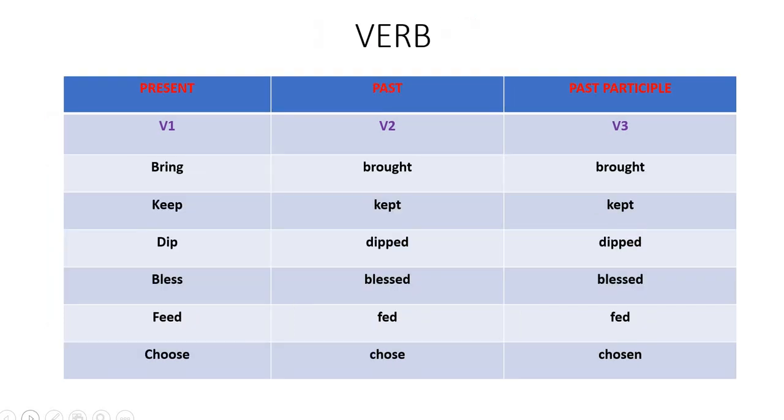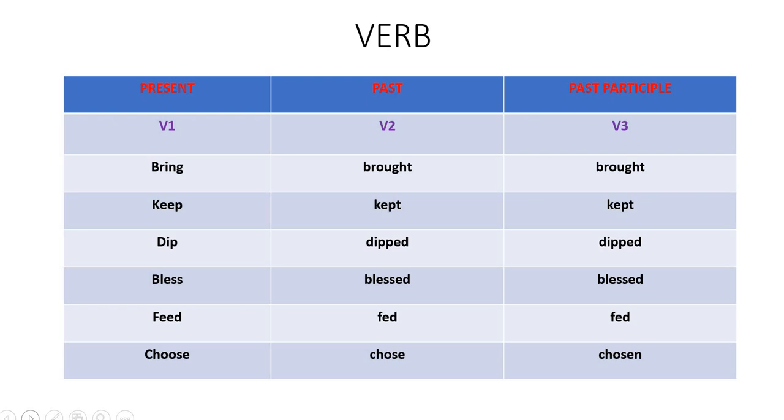Next, you have a table with the base form of the verb, past tense and past participle form. Take the word bring. Bring is the base form of the verb. In past tense, it becomes brought. In past participle, it becomes brought. Again, it is an example of an irregular verb because we know that bring, when changed into past tense, has become brought, and past participle, it is brought. The two forms are the same form, not following a pattern. That is why it is irregular.